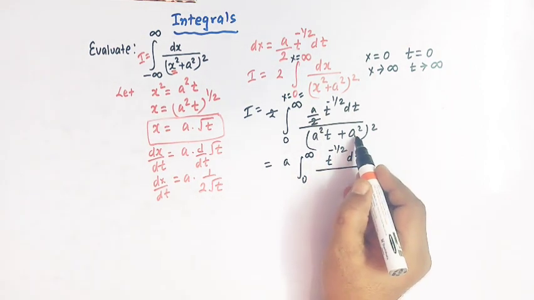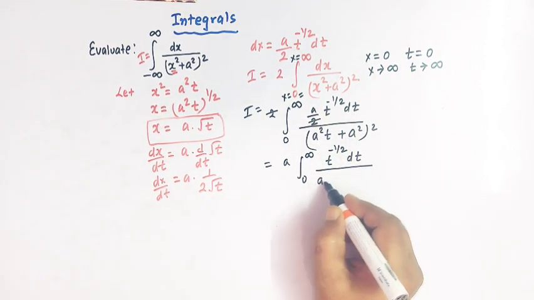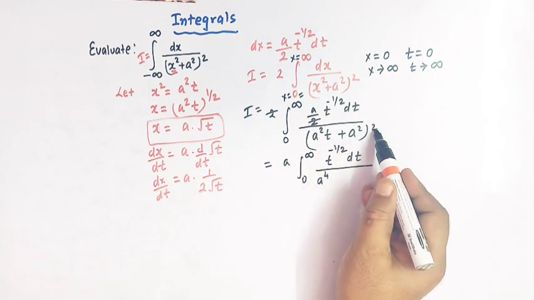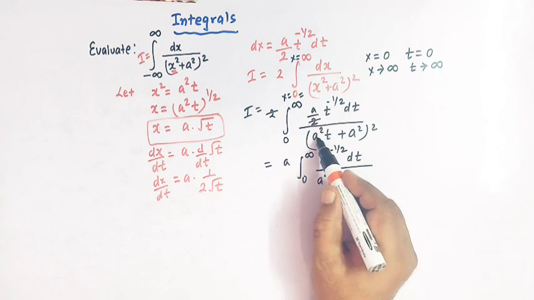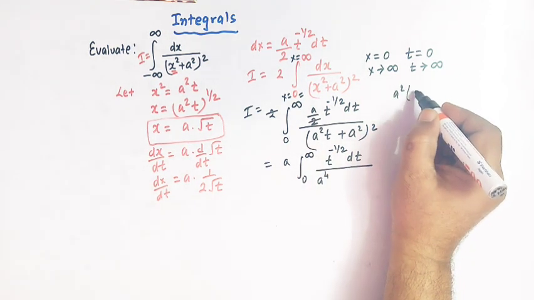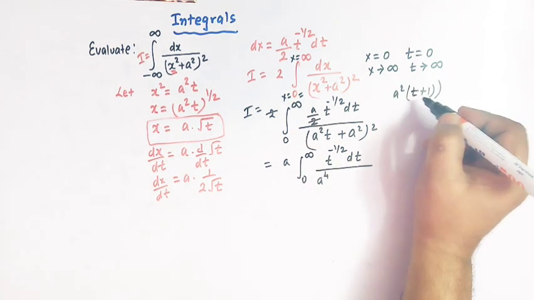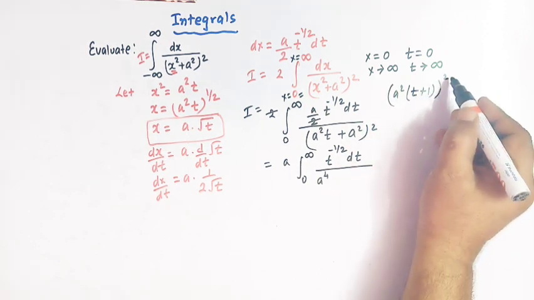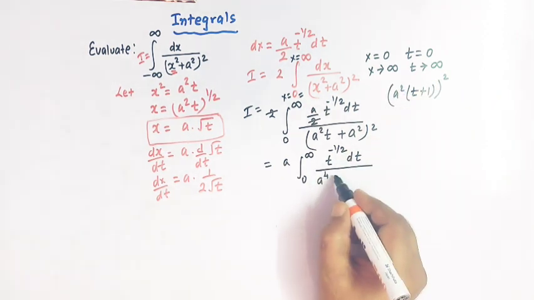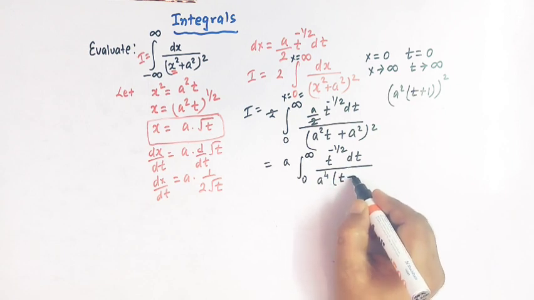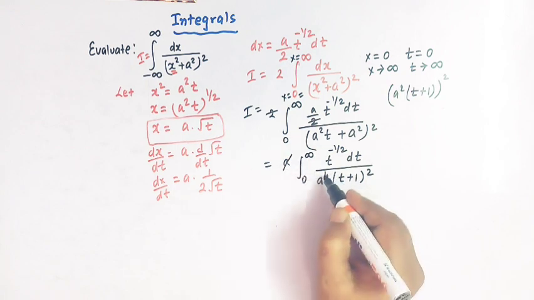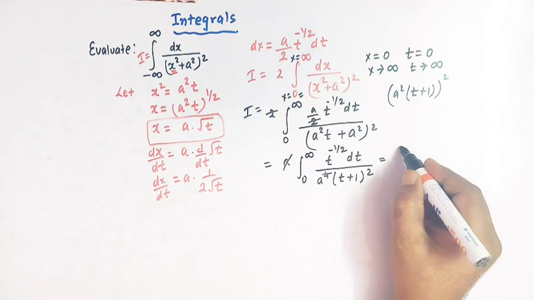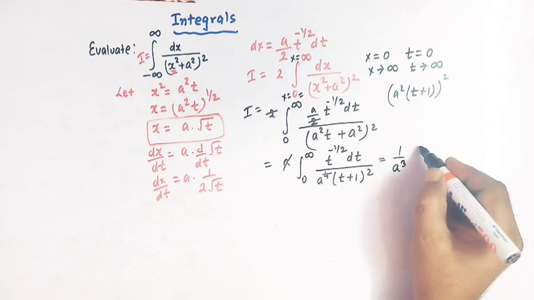So now when we take a square common, we get a raised to 4, right? Because here we have a square, we have the whole square. So we have a square times (t plus 1), and here we have the whole square. So this is a to the 4, and we have here (t plus 1) square, right? Here this a and 1a get cancelled, so we are left with 1 over a cube, and we have